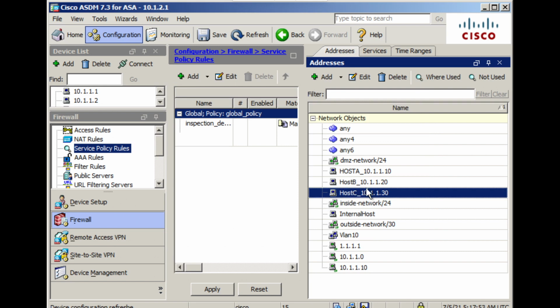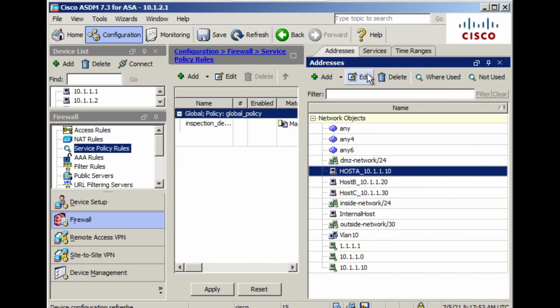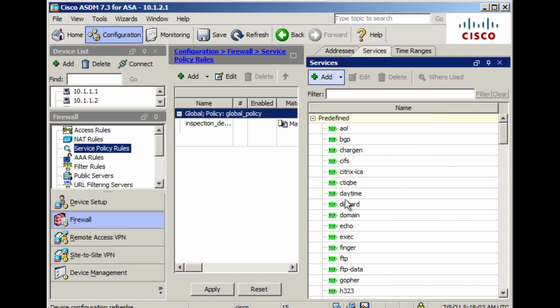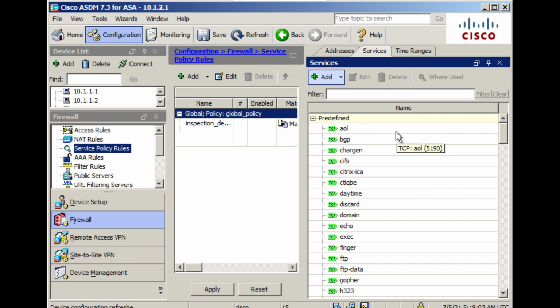I'm also planning to modify my host A, which is 10.1. I want to have internet access for them. Okay, but one more thing you remember, under the address objects, I'm creating the address services. There are certain predefined services available, and these services have been created by Cisco for you and widely used services. Apart from that, if you wanted to have some specific services, I can create a TCP service or UDP service or TCP UDP both, then ICMP group, or it can also be a protocol. So whatever the type of service you want, you can refer them.